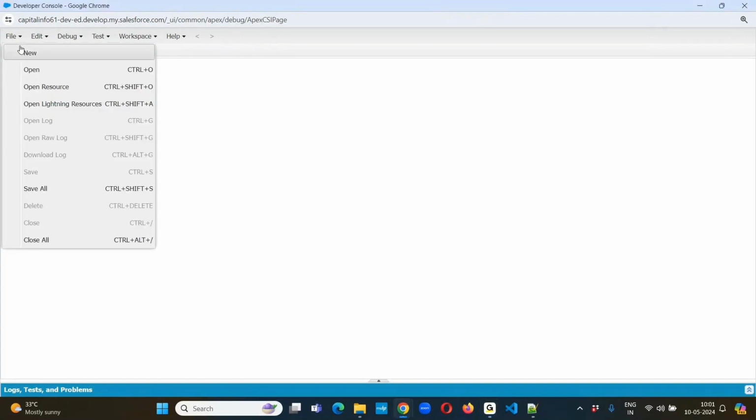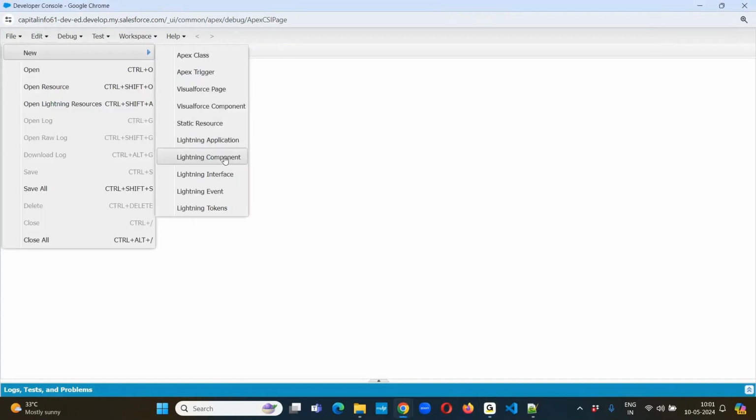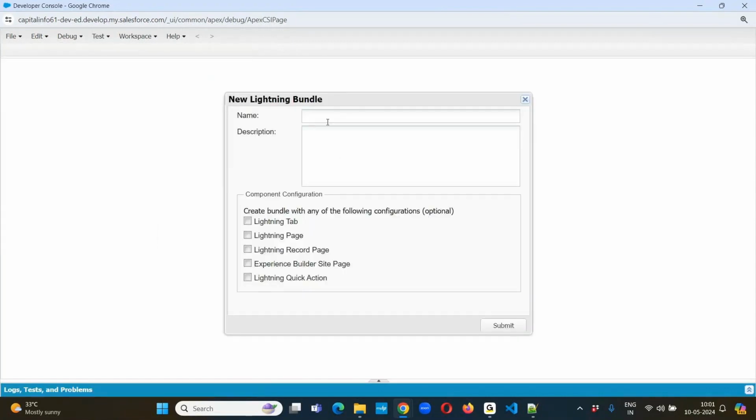I'm creating a new lightning component. Lightning component. I would like to indicate LC underscore